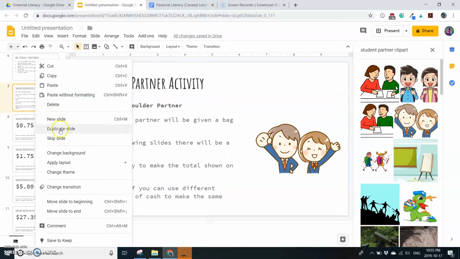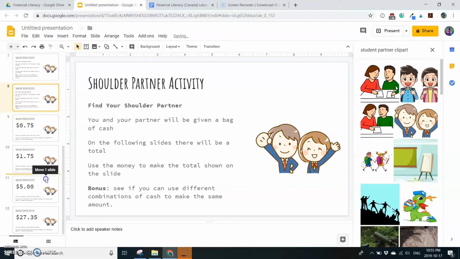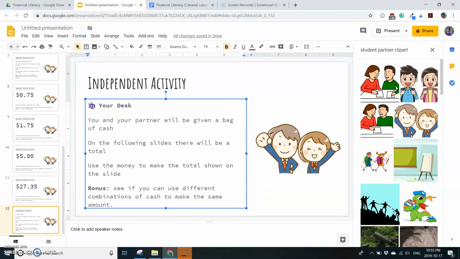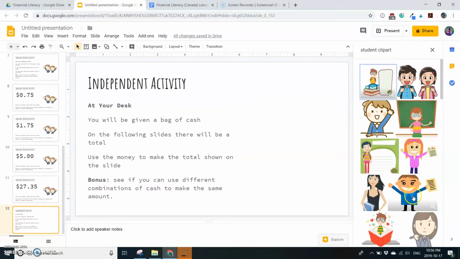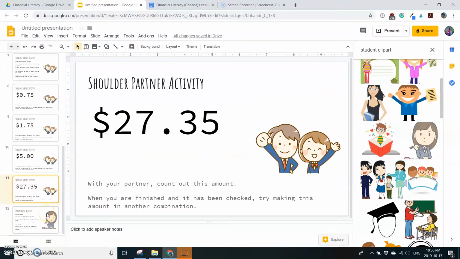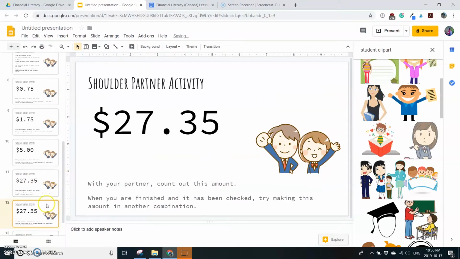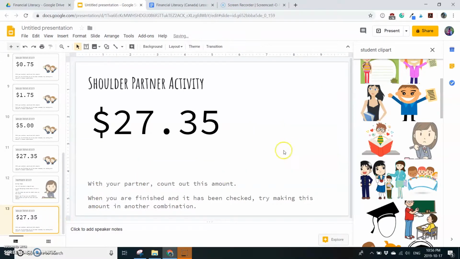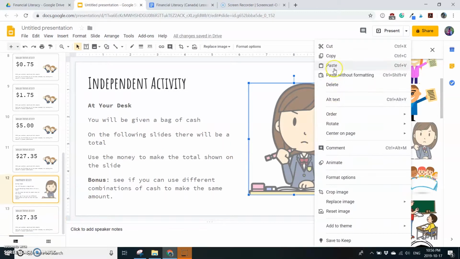So I'm actually going to duplicate this one, and then I'm going to drag it down so you can put it pretty much anywhere. I'm going to drag it down here, and then I'm going to say independent. Oh my God, it's so hard to spell. Let's say, okay, I'm going to duplicate this one, drag it down here, take out this picture, copy this one,